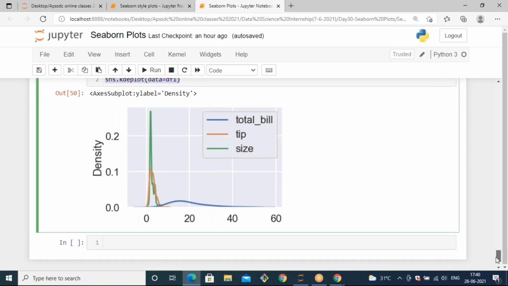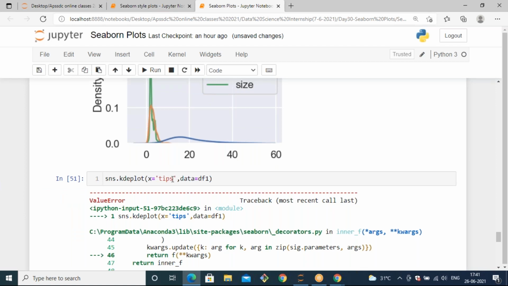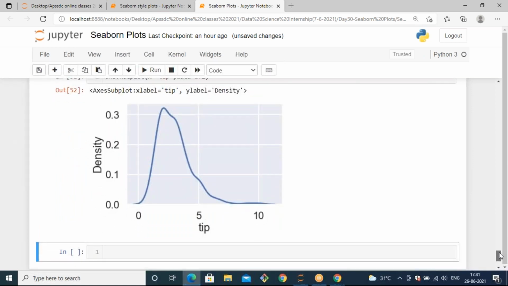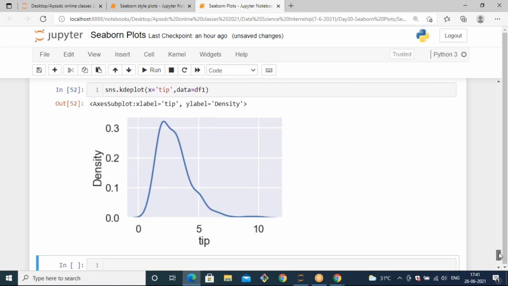Now let's see how to apply the changes. KDE plot, I'm just taking x equals tip. When you take the x parameter as tip, it will generate the data distribution, a kernel density estimation distribution plot with respect to tip data only. The tip can vary from 0 to 5 to 10. The maximum value in tip is only 10. Based on that value and the density of the tip, it will automatically generate a KDE plot, and this plot is generated very smooth.